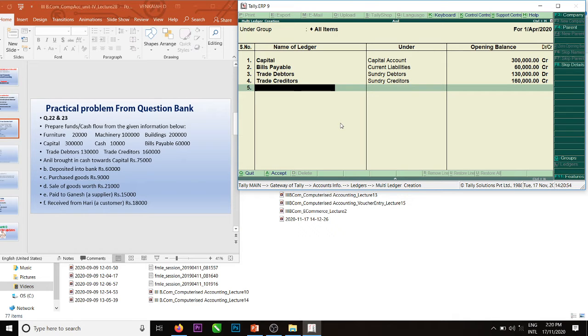Okay, opening information we entered through ledgers, and for whatever transactions there are, we use the Alt C button.